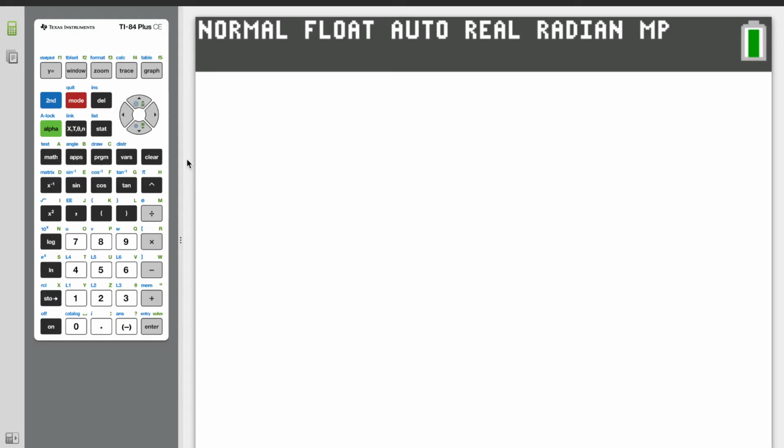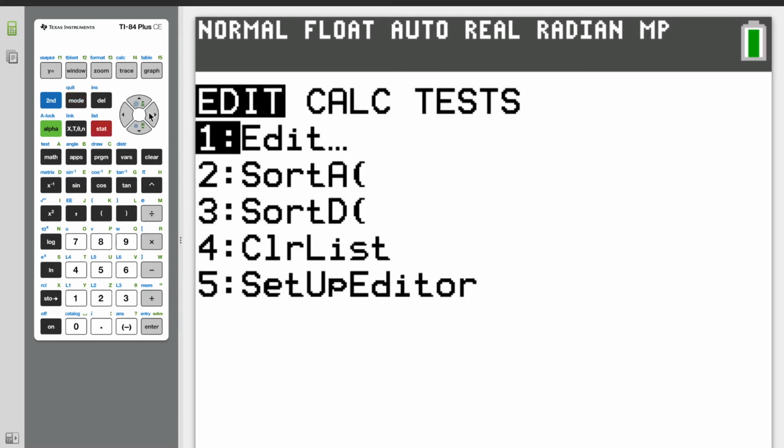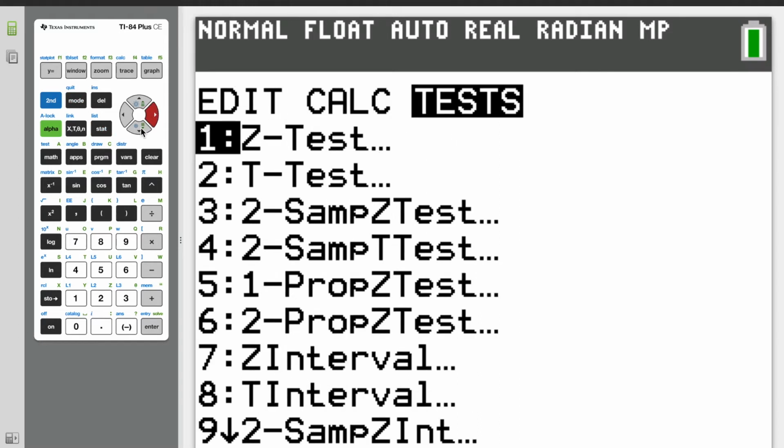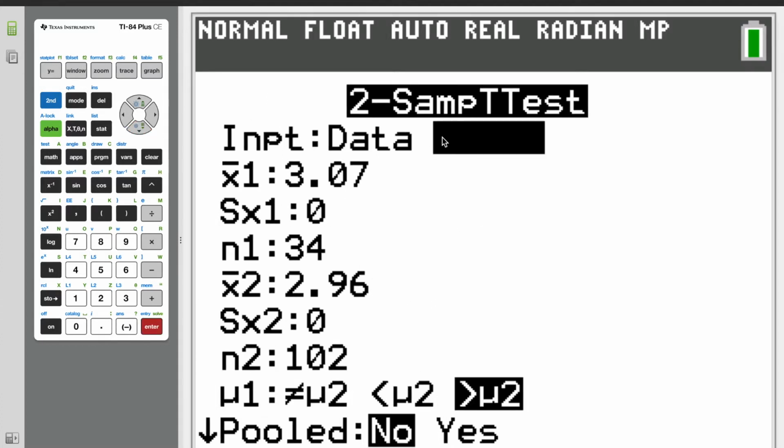In this video, we're going to conduct a hypothesis test for problems involving the difference between means. And so if we click on Stat and we scroll over to Tests, we are now going to look at option 4, which is the two-sample t-test. And so here, if we want to type in our statistics, I actually already had some of these filled in